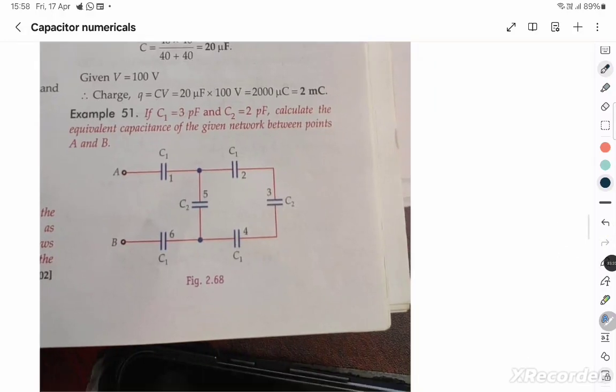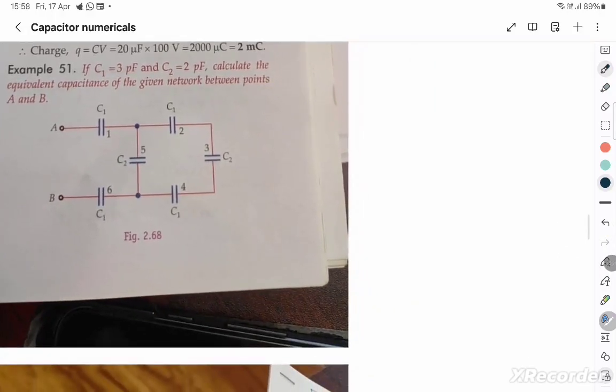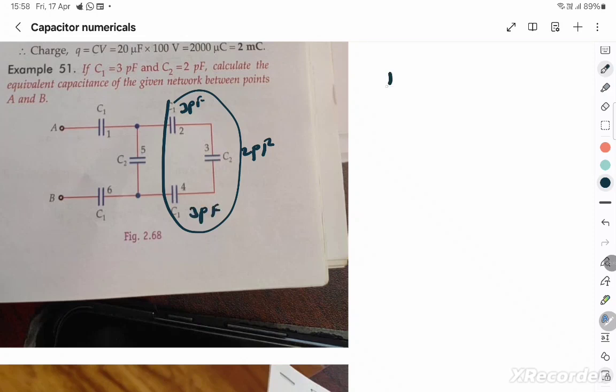The capacitors are connected like this. Calculate the equivalent capacitance of the network. You know that these three, as soon as you see, are connected in series: C1, C2 and C1. C1 is 3 picofarad, C2 is 2 picofarad, and C1 is again 3 picofarad. They're connected in series, so it's 1 by 3 plus 1 by 2 plus 1 by 3, all with the pico of course,